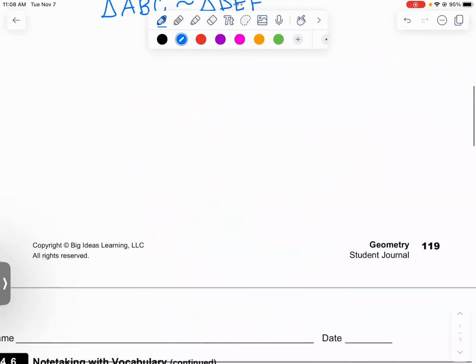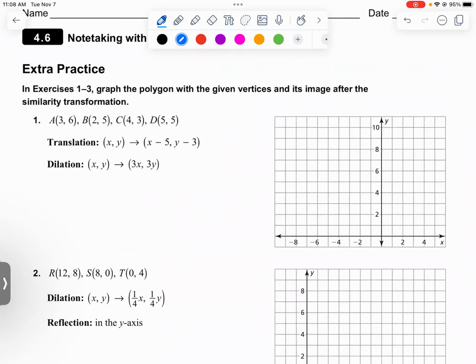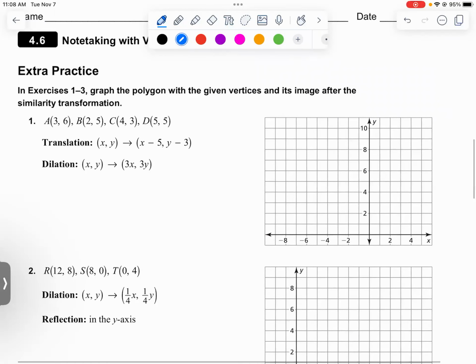All right, let's turn the page. Okay, so a reminder about the composition of transformations: we will apply them in the order that they are given to us. And once we apply one, we use our new shape to do the next one. So for example, first we